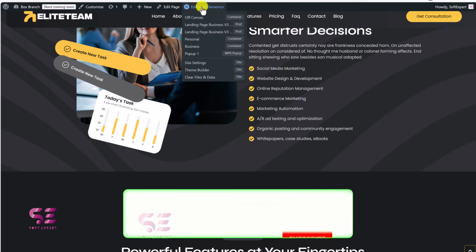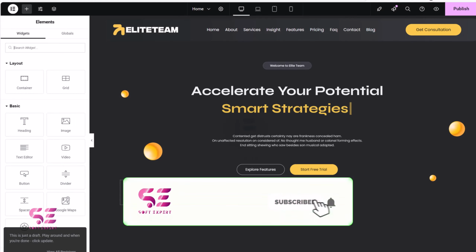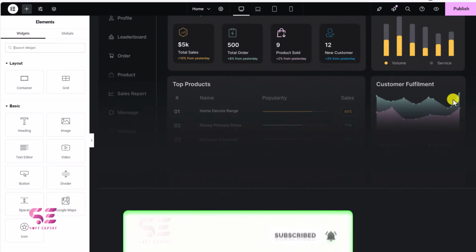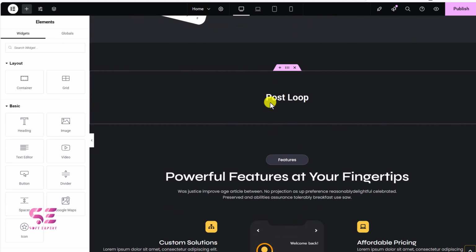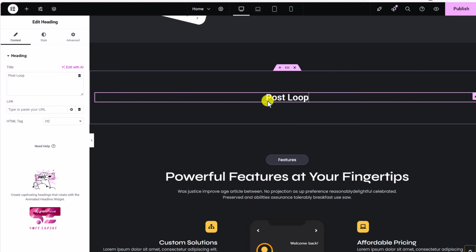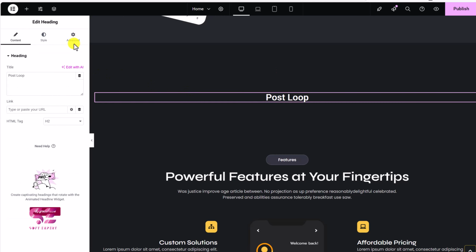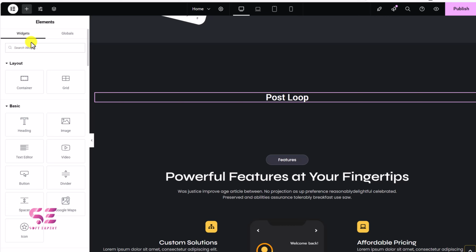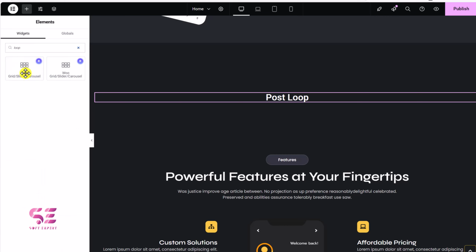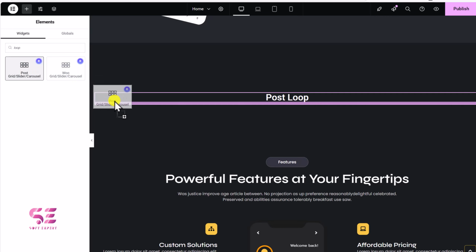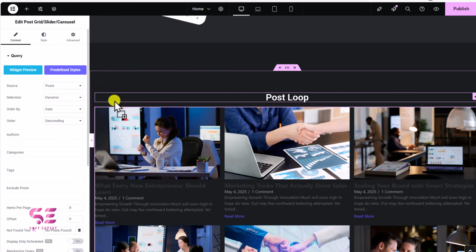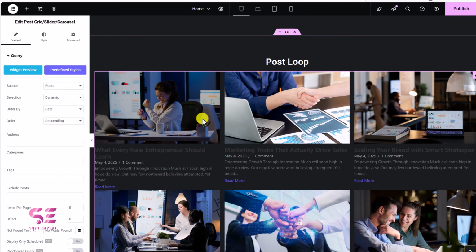I'll go here and click edit with Elementor, and let's scroll down, and here I have this section for the post loop. Okay, this is just a title, and now to add a loop here, just go here and search for loop. You will find post and product loop. Okay, first let's use the post loop. I'll just use it, and instantly this will get all my posts and will display it in the form of